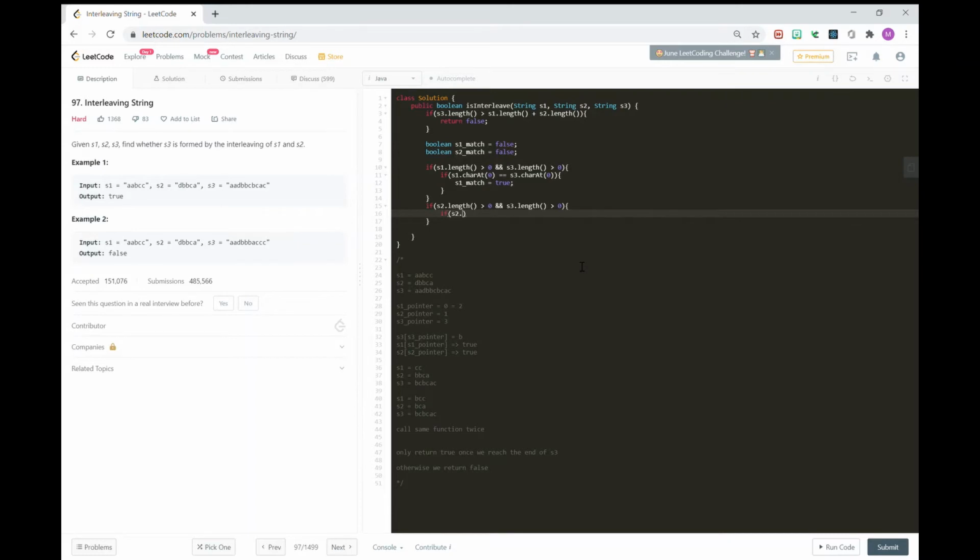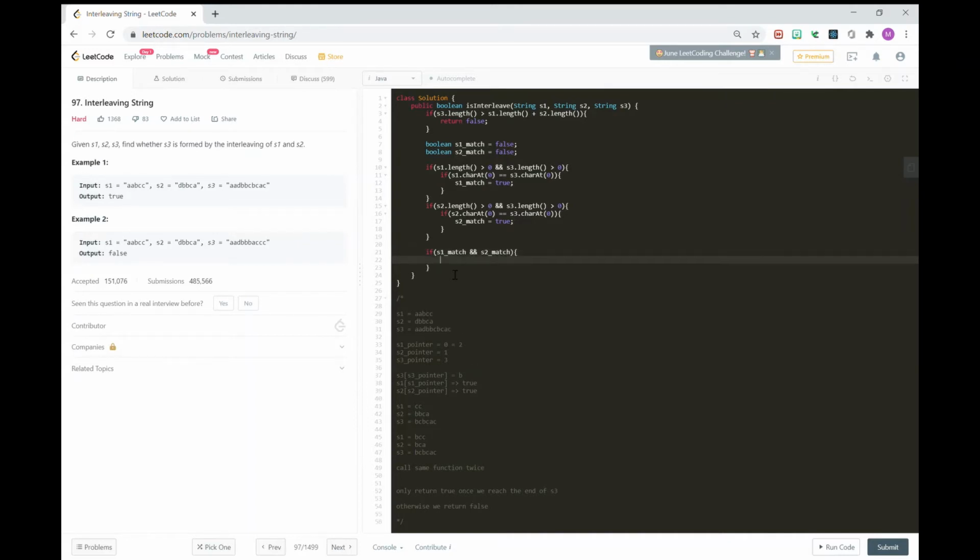Similarly here, S2.charAt(0) is the same as S3.charAt(0), then S2 match equals true. The reason we do that is because we want to check here: if S1 match and S2 match, then we need to call this function twice, right? So we return